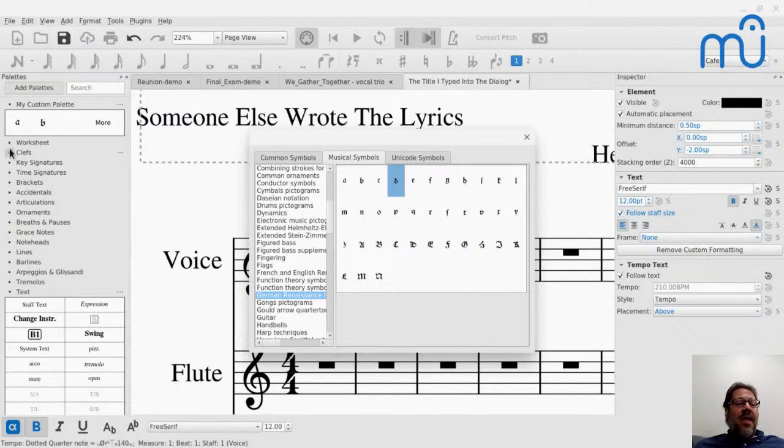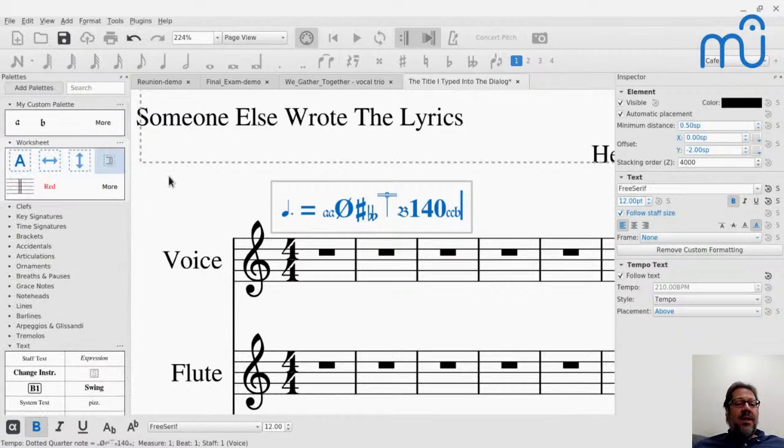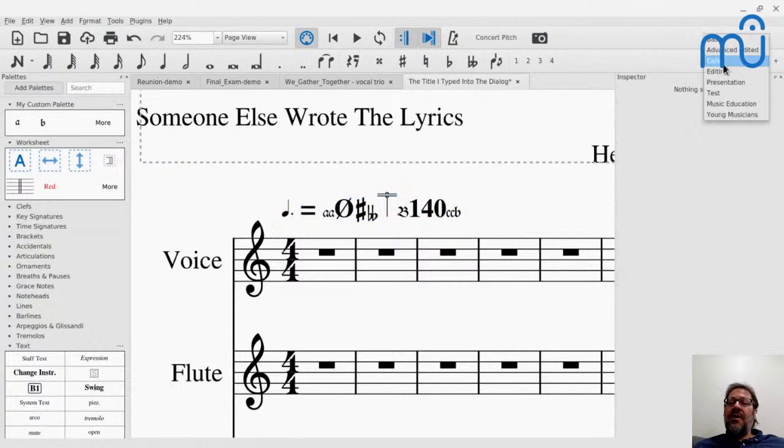And I've actually done that in my own palettes. This is a palette that I created for the purpose of demonstrations here. But in my own editing workspace, I created a new workspace up here.